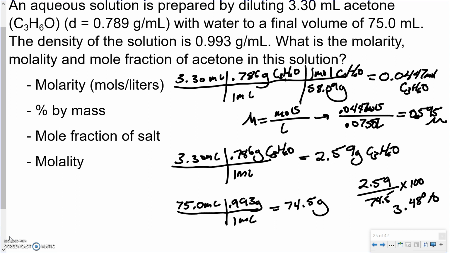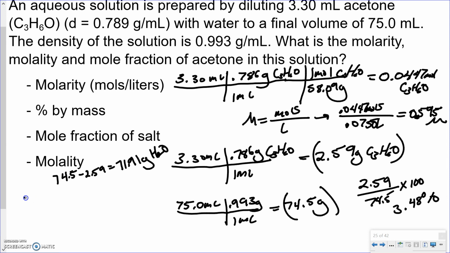Okay, mole fraction kind of works out throughout the same way. Only difference here is we actually need to find the mass of the water. Okay, and we can do that by recognizing that this is the mass of the total solution and this is the mass of the acetone in there. So 74.5 minus 2.59. Okay, and that's going to give us 71.91 grams of H2O. Okay, can convert that to moles pretty straightforward, using our train tracks. Okay, and that's going to give us a mole value